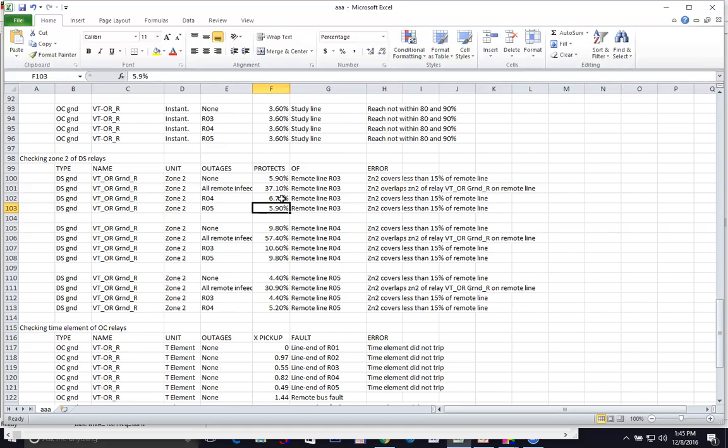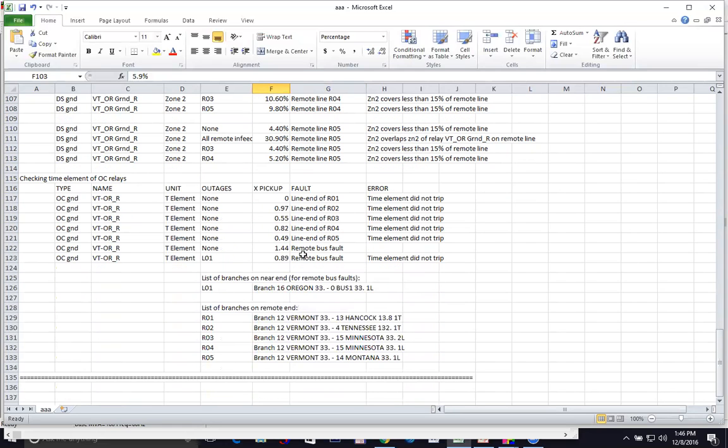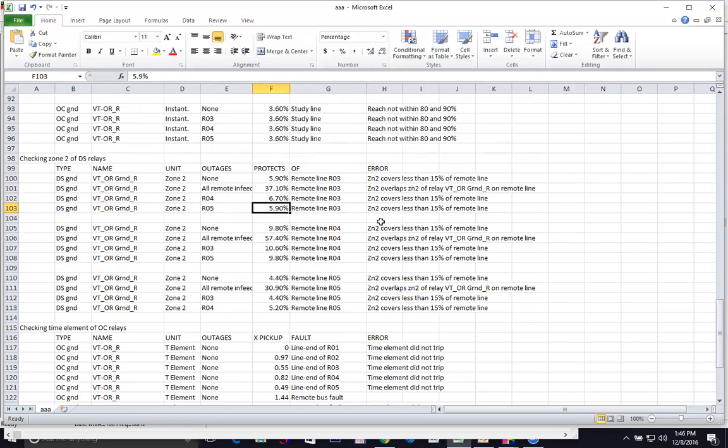So in the program, there's an option for you to omit checking these two, because you know it's got to be between this number and this number anyway. It saves time, and if you so choose, you can tell the program not to do it. So this is the result for zone 2 checking. Let me move on and now show you the other command.